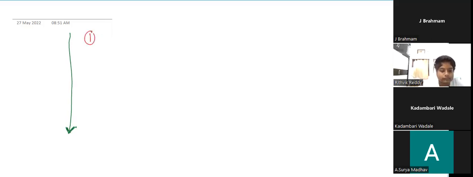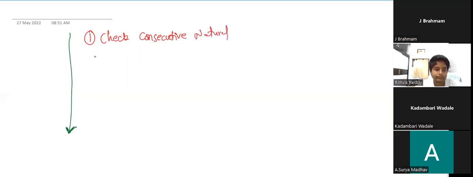First of all, we have to check if they are consecutive natural numbers. Maybe they are consecutive natural numbers or not. We have to check that one first. Consecutive natural numbers. If they are not matching, then